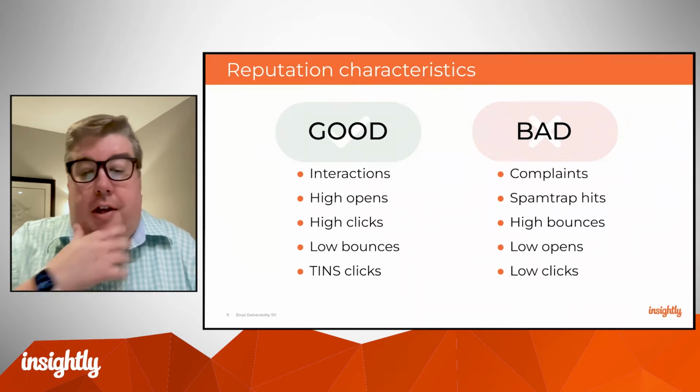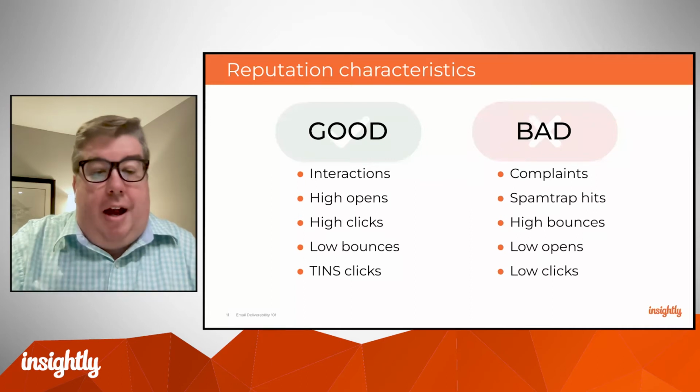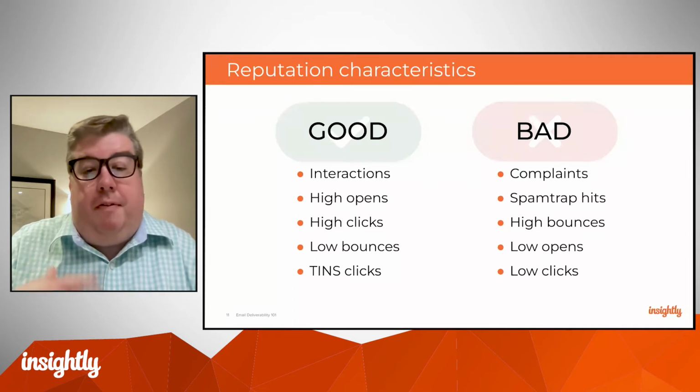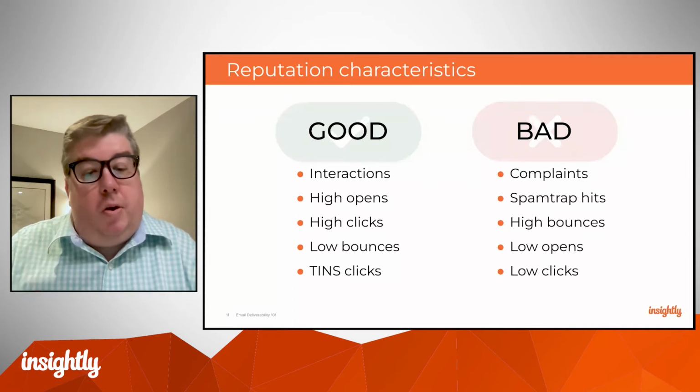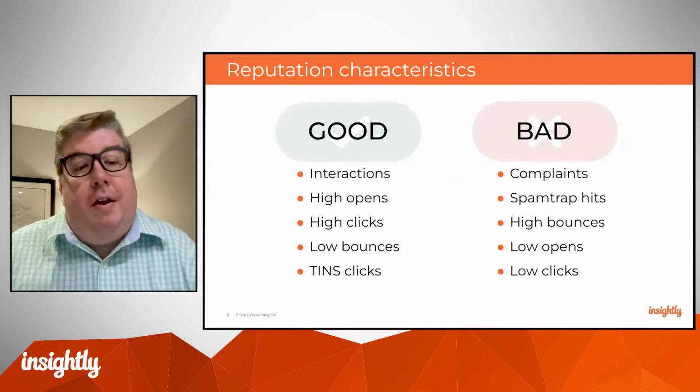And then, like I touched on, besides the good set of interactions, there are also interactions that can reflect poorly upon you: low opens, low clicks, a high bounce rate. That's another thing that ISPs can tell. If 50% of what you send bounces back, ISPs notice that. They have logging of all of that, and they will stack rank senders based on that too. Perhaps it doesn't rank as highly as engagement, for example, but it's another data point that can tell an ISP that you're perhaps not the best sender.